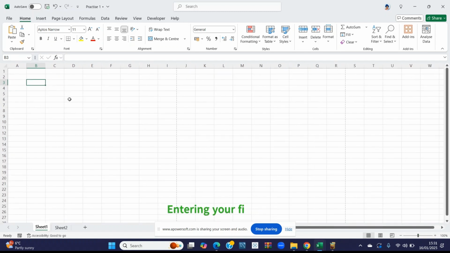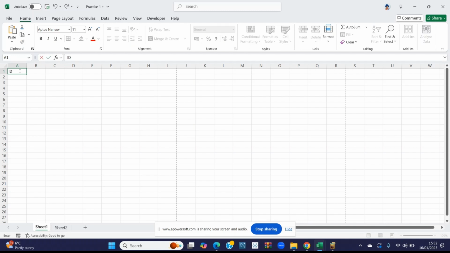Click anywhere to get us started with typing in our data. The cell is actually where our data is. So we are going to start with a header. In the first cell, we'll type in ID, and then you can use the tab button to go into the next cell, or your right arrow keys. You type in employee ID,